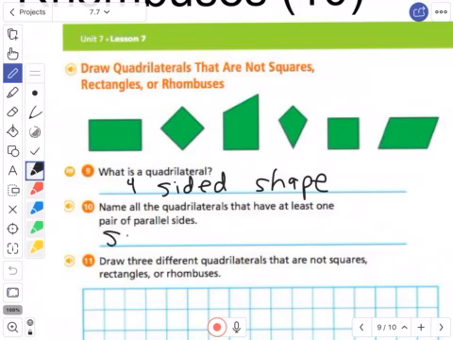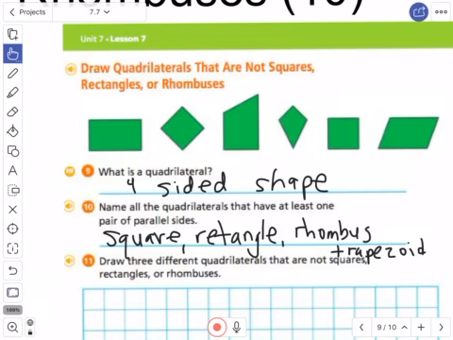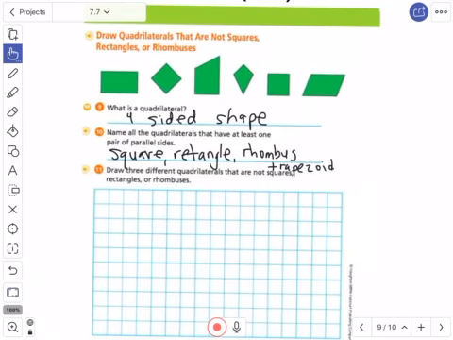Okay, the most famous: square, rectangle, rhombus, trapezoid. Okay, that works. So now down below, I'm going to draw three different quadrilaterals that are not squares, not a